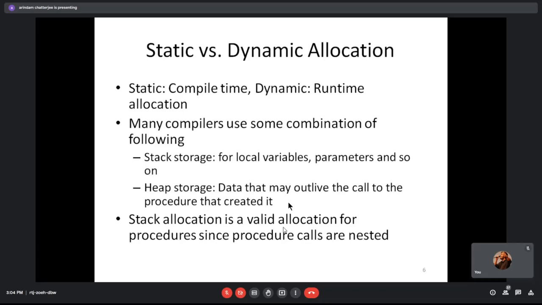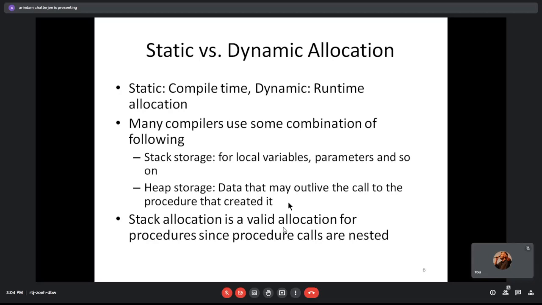So static is compile time, dynamic is runtime. If you have a global variable, note that the compiler allocates it. It's not allocated at runtime, meaning you don't have to load the program to get the allocation. It is done once you compile the program itself. Whereas if you have dynamic memory allocation, like automatic variables or pointers, they are done at runtime.